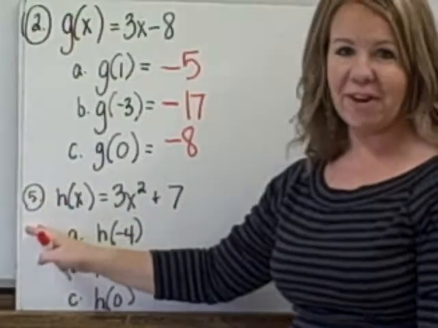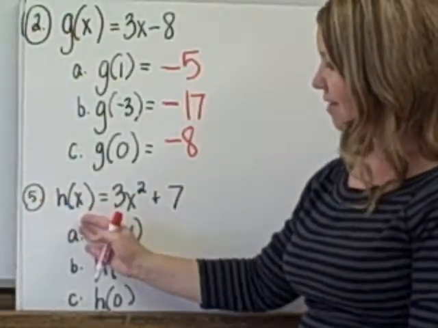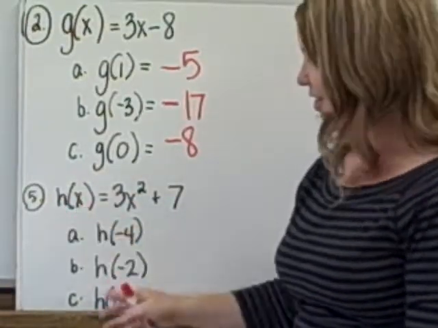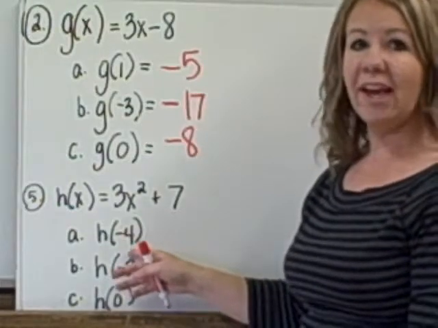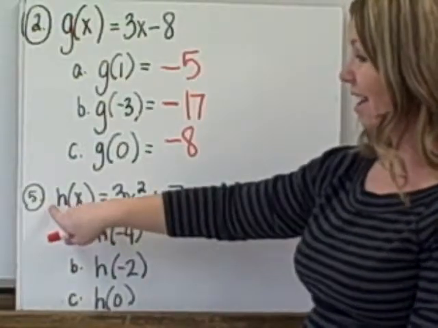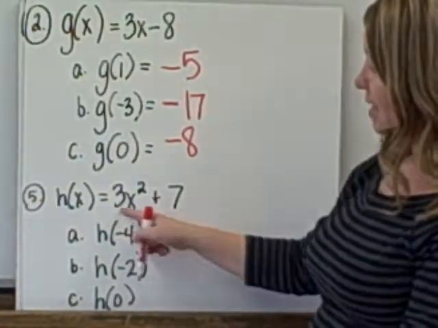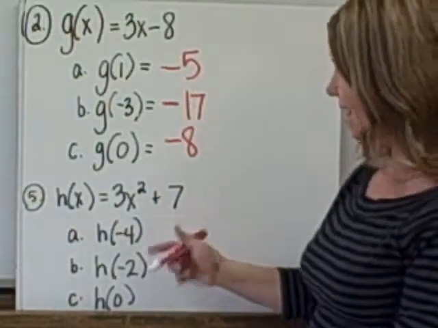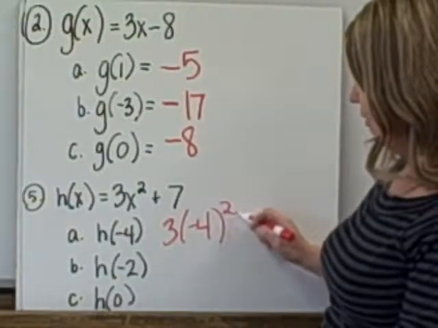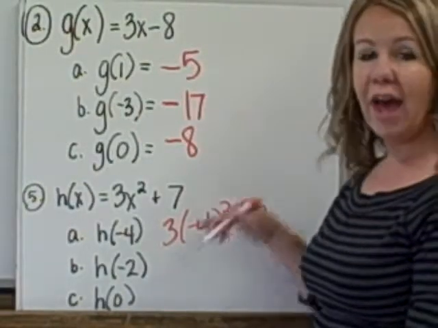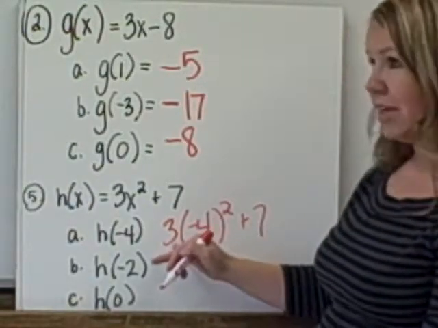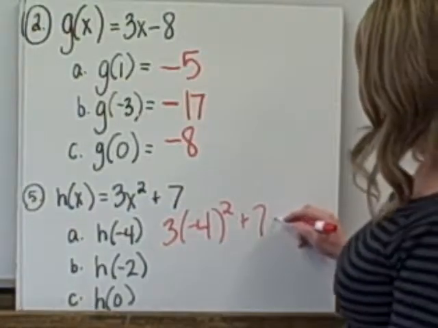Let's skip down to number 5 on your guided note sheet. H of x equals 3x squared plus 7. This just means the name of our box is called h, and we're inputting negative 4 in for the x, but it is the h box. So in this case here, remember to follow order of operations always. Negative 4 goes in place of the x. So it would look like this if I were to write it out. Make sure you do the exponents first. Negative 4 squared is 16. 16 times 3 is 48, plus 7,